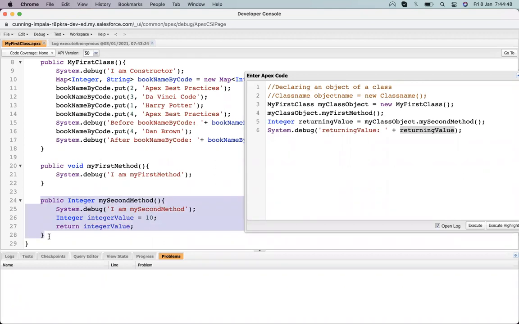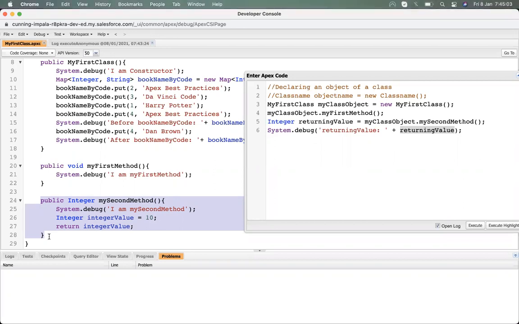As I told you, we declare methods inside the class. Suppose we are working on some logic in a class, and that logic is going to get bigger and bigger.